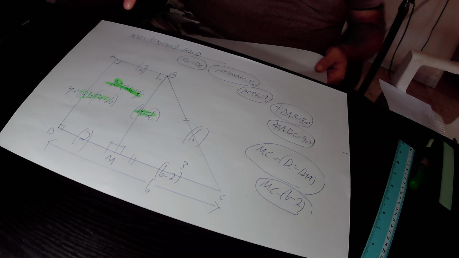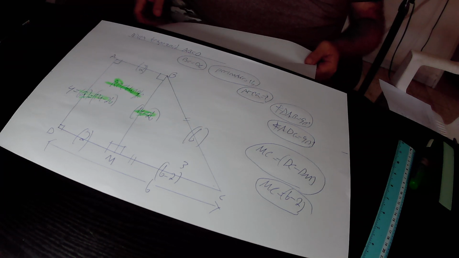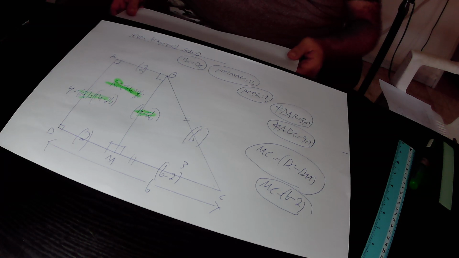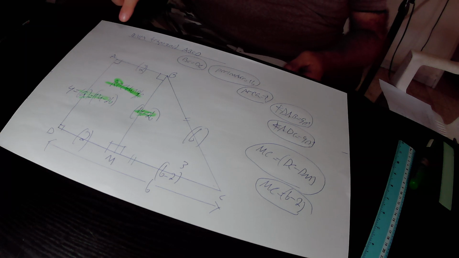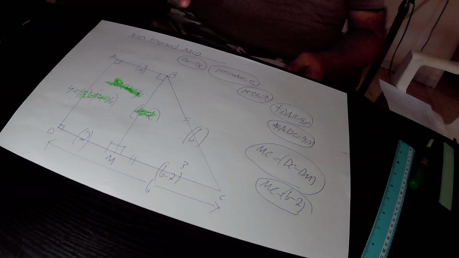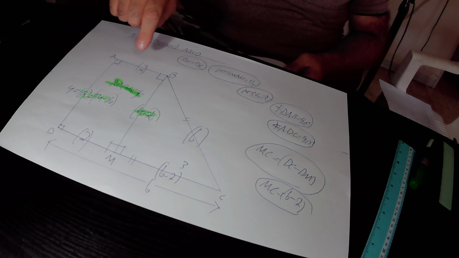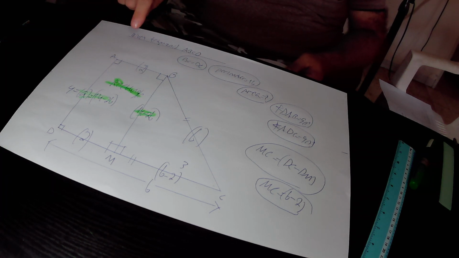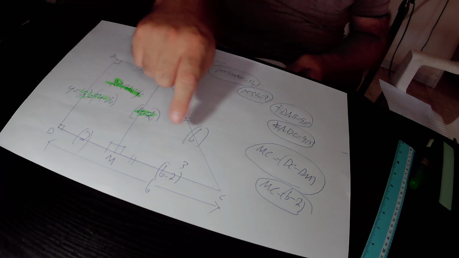Our mission is to find out the area of this trapezoid ABCD. According to the equation that I presented to you, the area of any trapezoid equals the sum of its two parallel bases times the height over 2. The two parallel bases of this trapezoid ABCD are AB and DC. So the sum of the two parallel bases is AB plus DC,